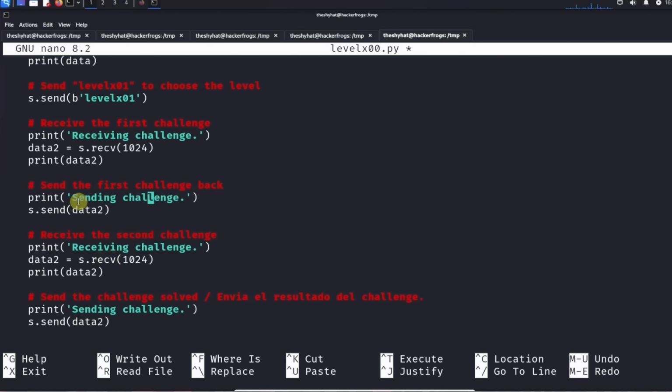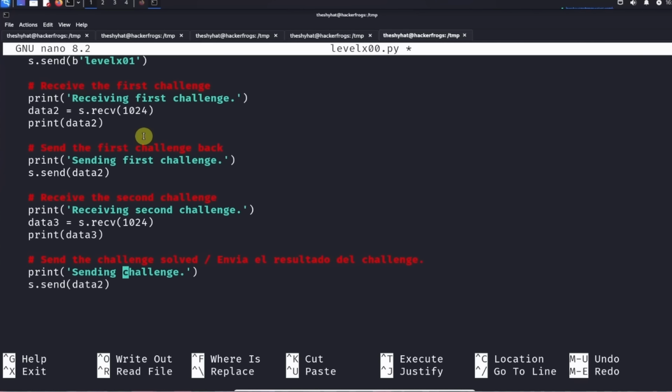So I guess we can also change this as well. So receiving first challenge, and sending first challenge. And then receiving second challenge. And we're going to call this one data 3, and we're going to print data 3. And then we need to send the second challenge. Okay, so we send the first challenge back, we receive the second challenge, we send the second challenge back,